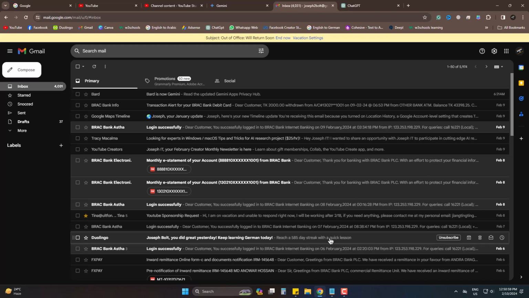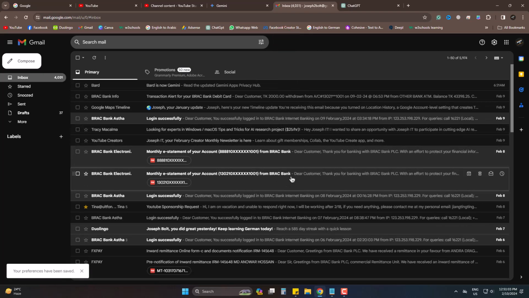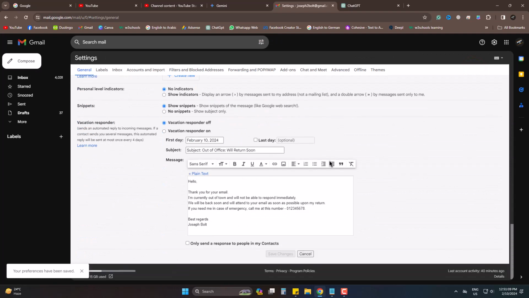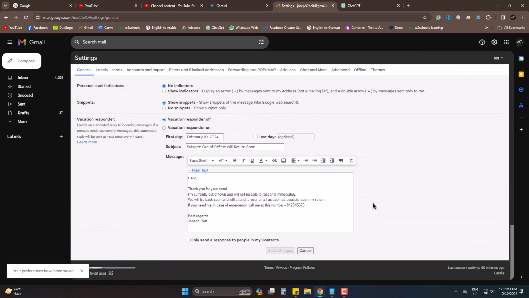When you do not need this anymore, simply go to Settings and finish it or click End Now on the top. So, this is how you can simply add auto reply on Gmail and use this feature for the ease of your access. Hope you found this